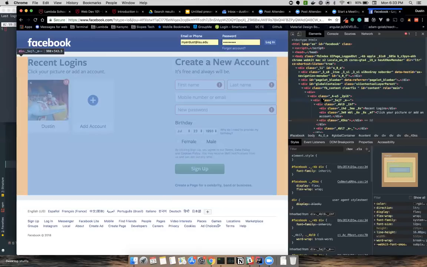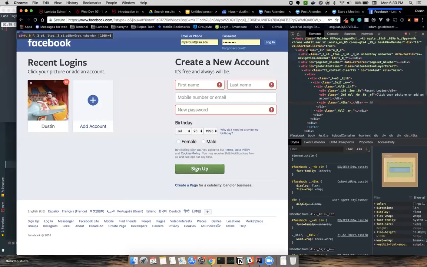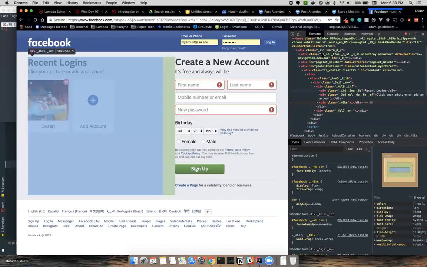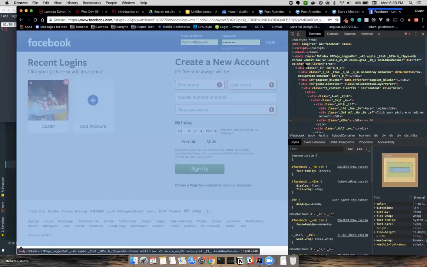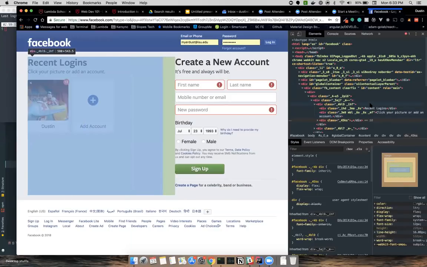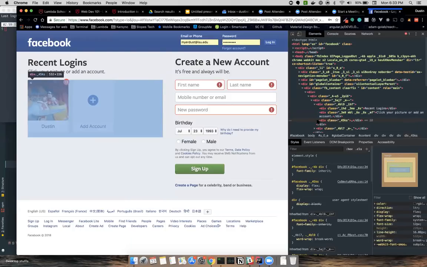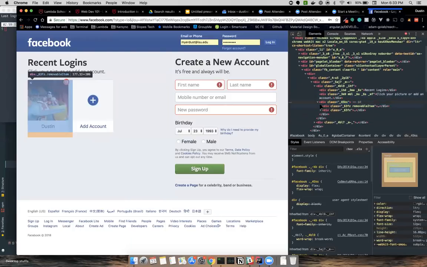We can hover over all of these different elements that are written in the HTML of this page. So we're looking at HTML code right here for Facebook. And as we hover over every different element, we can see that it's highlighted and it's structured very specifically. We can even dig down further into some of these.